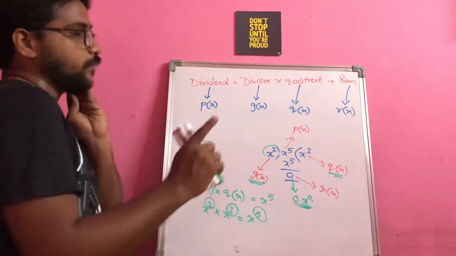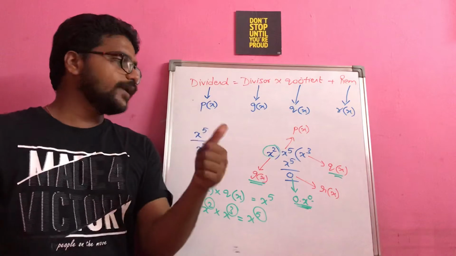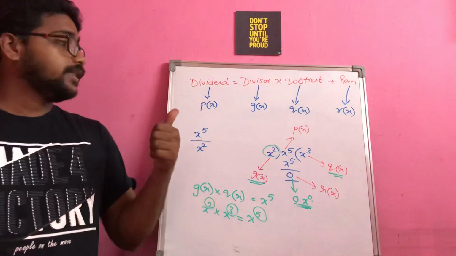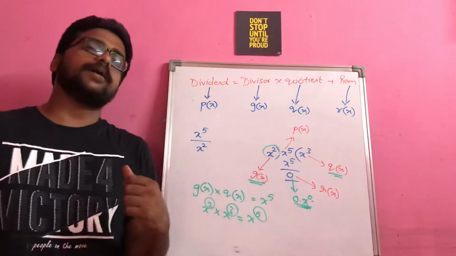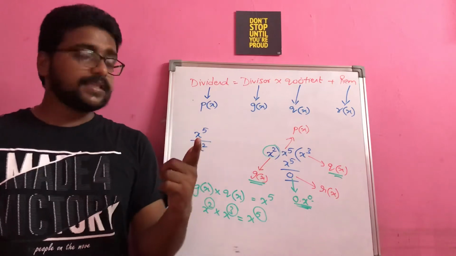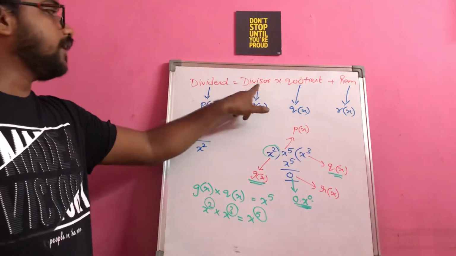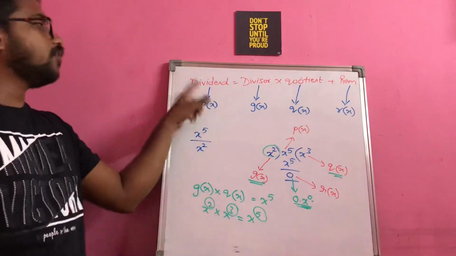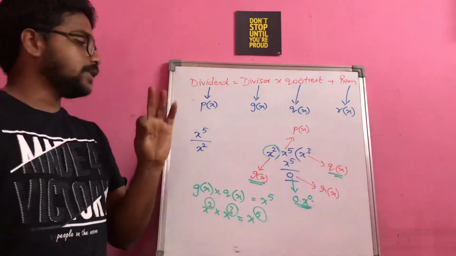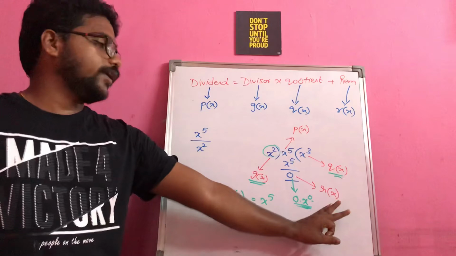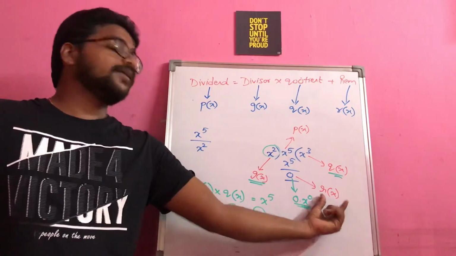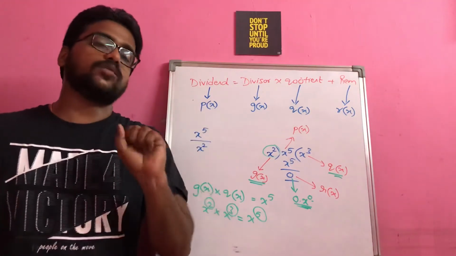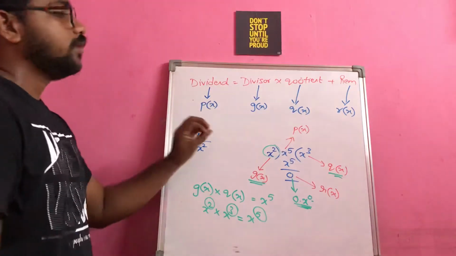So first and foremost thing that you have to understand is, whenever you are doing the division, if you are getting remainder as 0, which means that the dividend is exactly divisible by divisor. That is the first point. Second thing, the summation of degree of divisor and quotient will give you degree of p of x. That is the second rule. And the third one is the remainder: the degree of remainder is always less than the divisor. So these are the three important rules that we are having with respect to division algorithm.